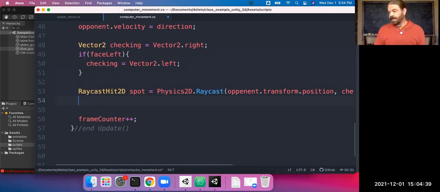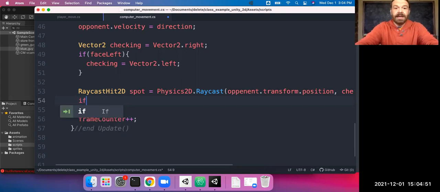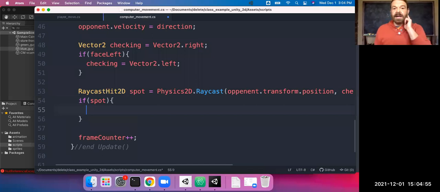And if there is, we made a RaycastHit object, not just a simple raycast. We only want to know if that raycast hits something, so we can get information about what it hit, and we can just check it. So if spot, it will be null. If it doesn't hit anything, it returns null, which will count as false as far as an if else structure. So if there is something, if it hits something,